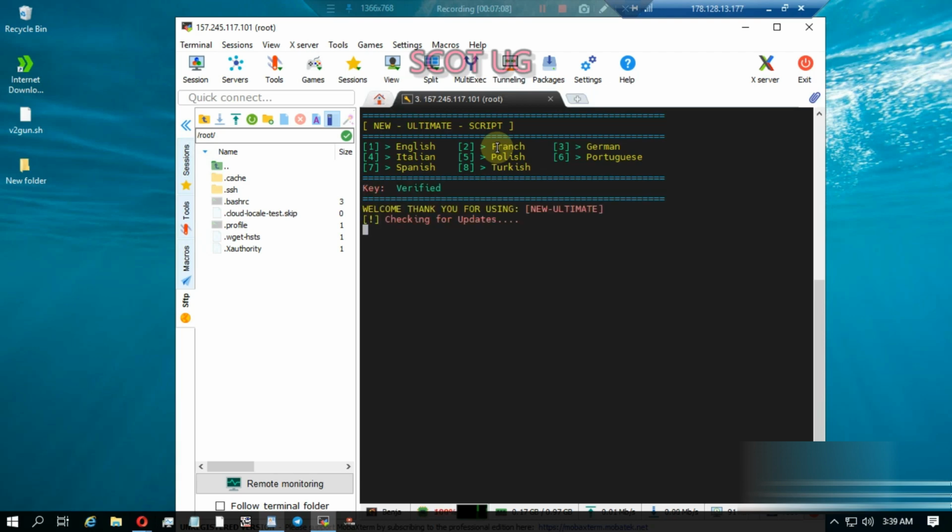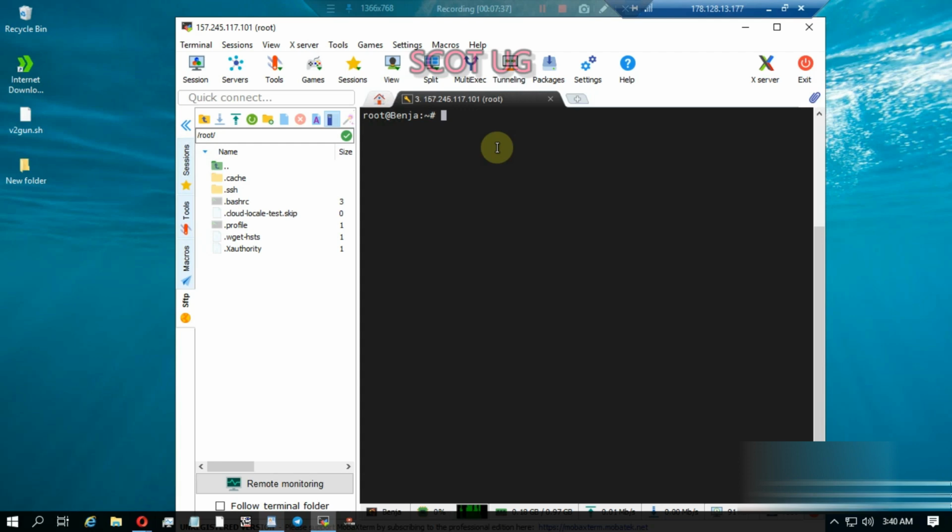Okay, but after installing this script, it won't be English. I think there is some error there, but it won't be in English, so I'm going to show you how you can change it to English. So we are just waiting for the installation process to be complete, and we'll be good to go. So the process is complete, and